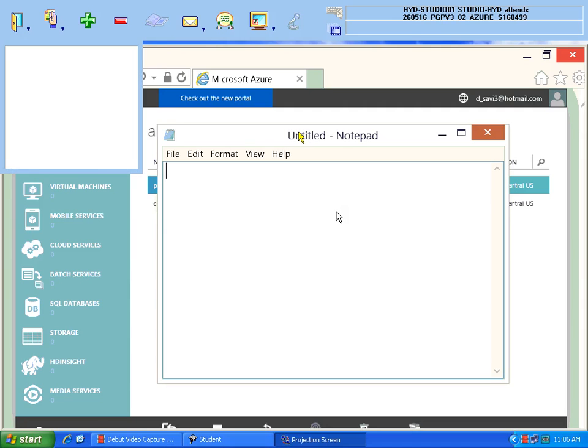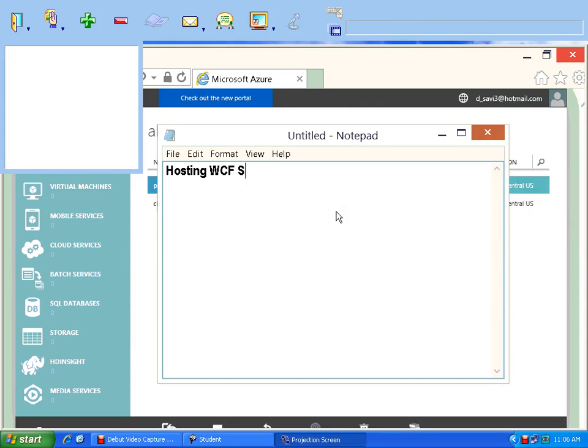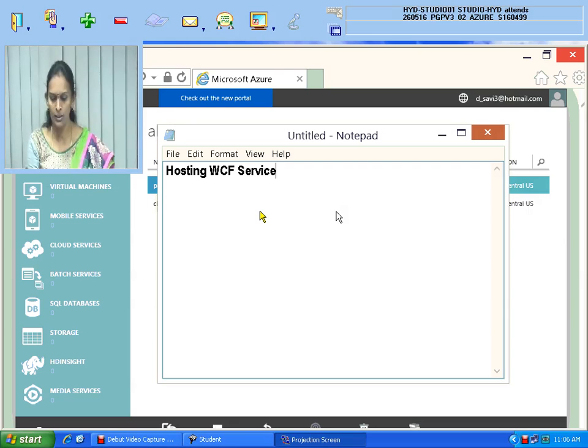Monica, hosting in IIS. Very good. Local IIS we have done. But you did not write the word hosting. We should say hosting WCF application, the WCF service is the one which we have seen in local IIS. But not only there, we can host it in 2 other places also. The other one we are learning in today's objectives.